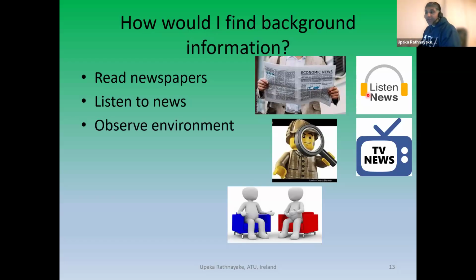And you have to observe the environment when you are traveling. For example, if I go to my first case study, just like the kids nowadays, if I were traveling with my handphone, looking down and texting, I wouldn't capture the environment. Since I captured the environment, I thought of working on the Daduru Oya meandering problem. So you have to observe the environment.